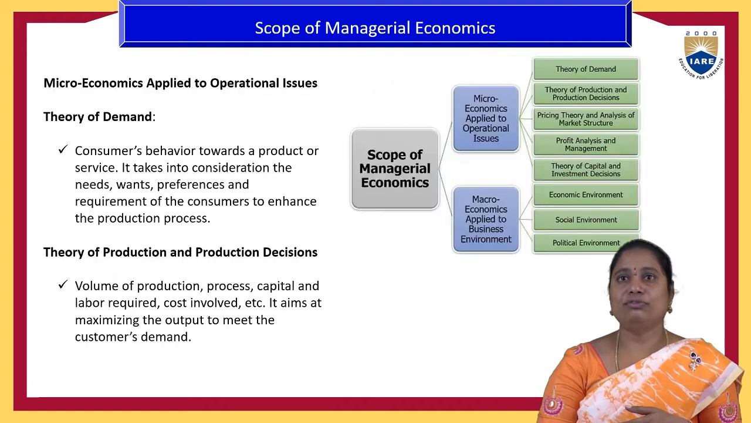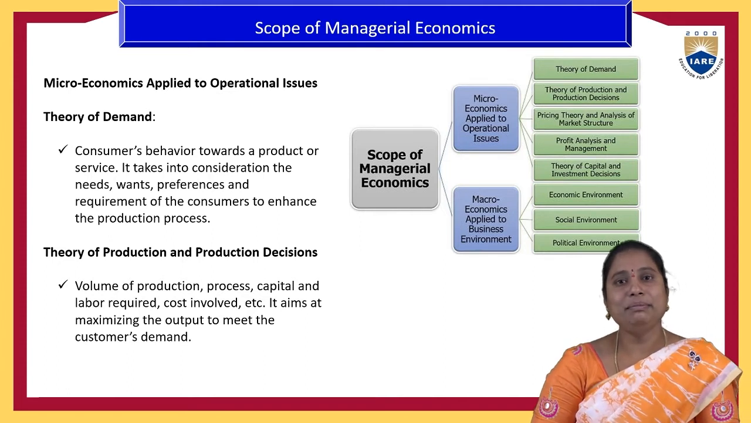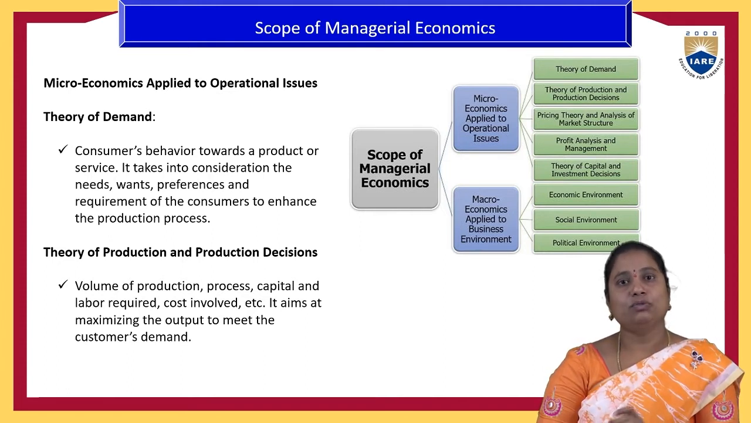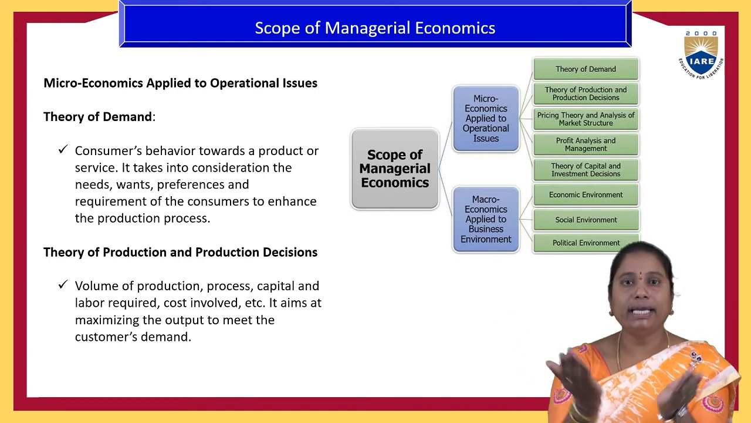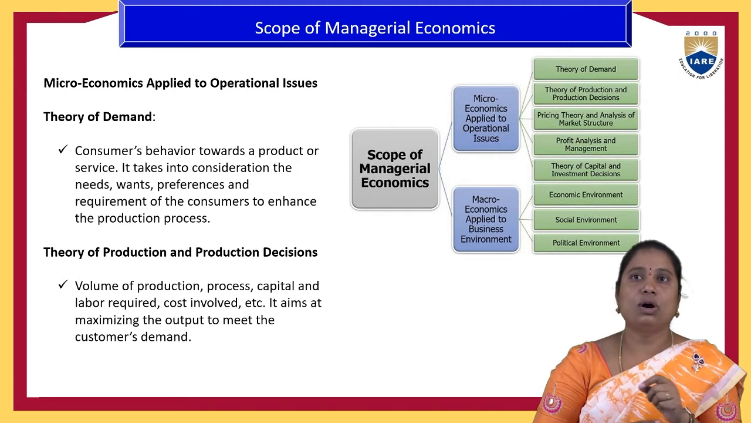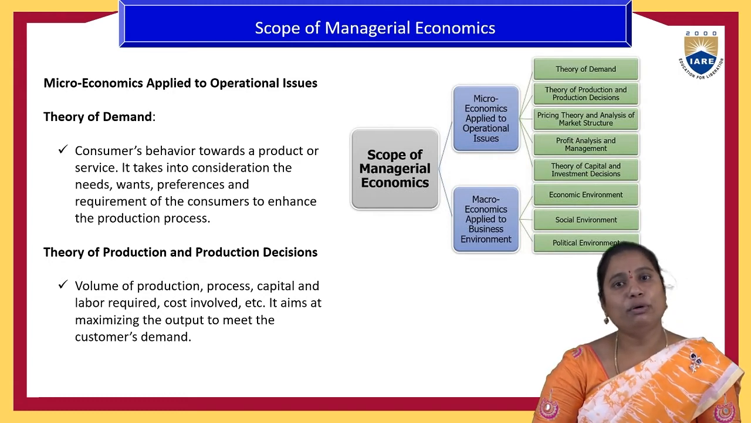So that is the nature of this managerial economics. Then the next element is the scope of this managerial economics. Scope means what are all the elements it is covering within its limits. So here the managerial economics is